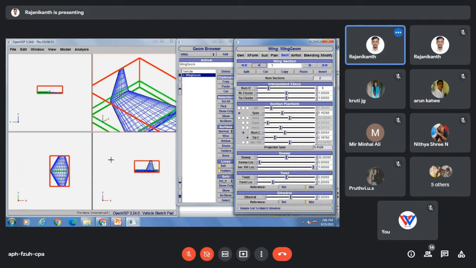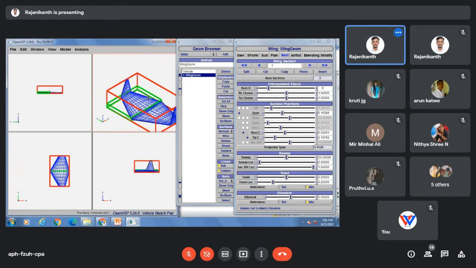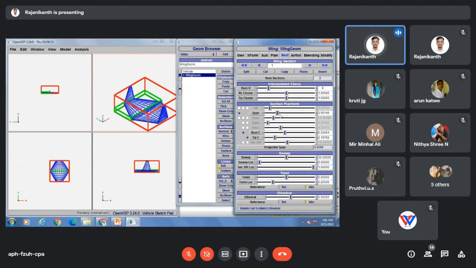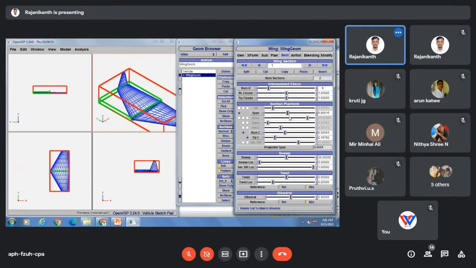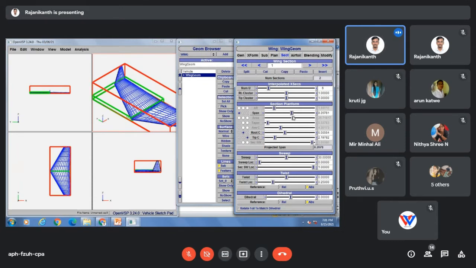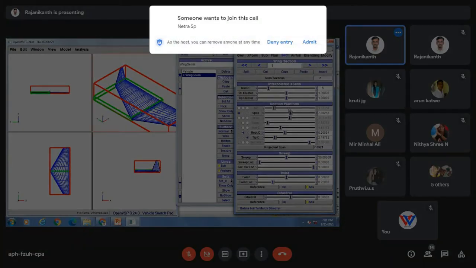Now what we'll do, we will come to the first section, change the span. A little bit we will increase the span. Okay, let it be this much.